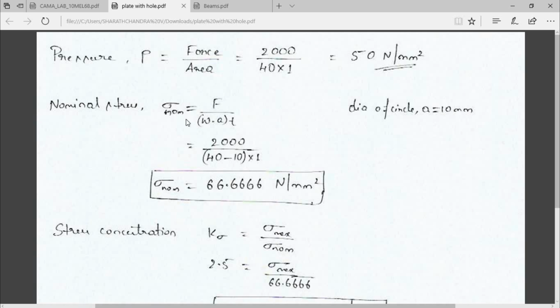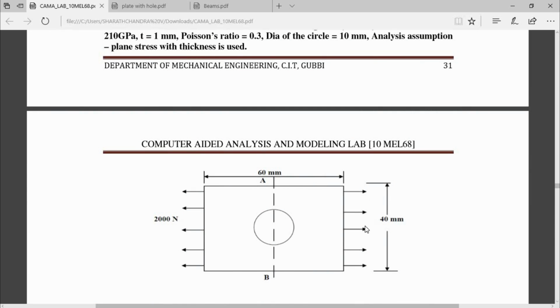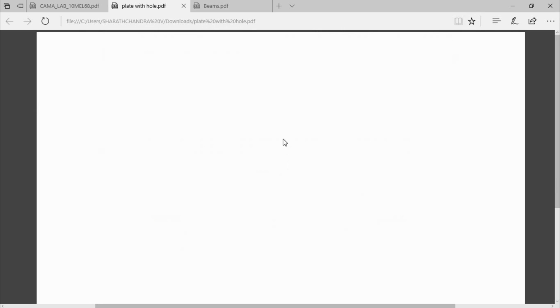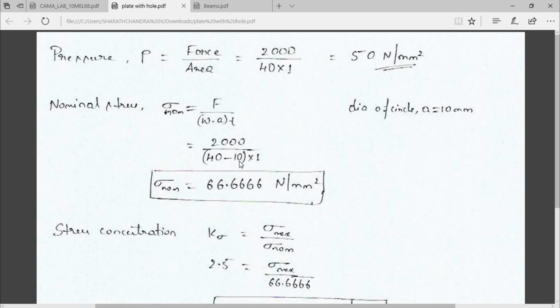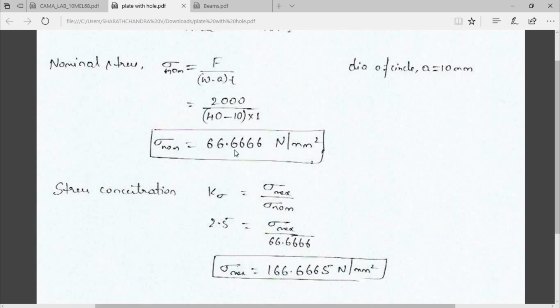Now we have to find the nominal stress. We have the formula F divided by (W minus A) into T. This formula is in data handbook. W represents the width of the plate, that is 40 mm, and A represents diameter of the circle, that is 10 mm, and T is the thickness of the plate, that is 1 mm. So we get the nominal stress as 66.66 Newton per mm square,